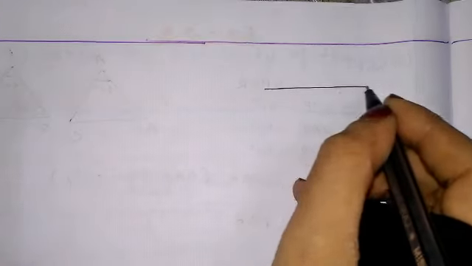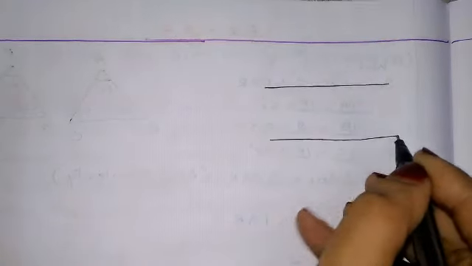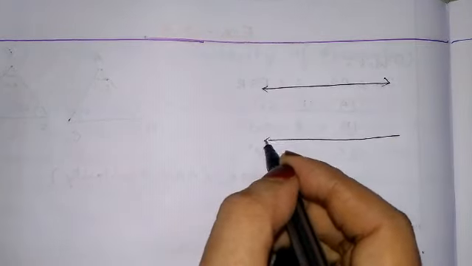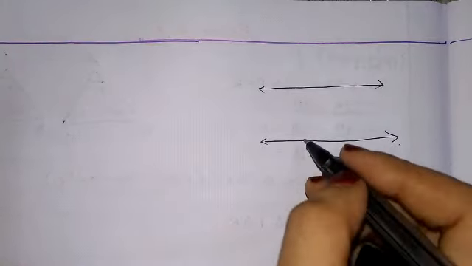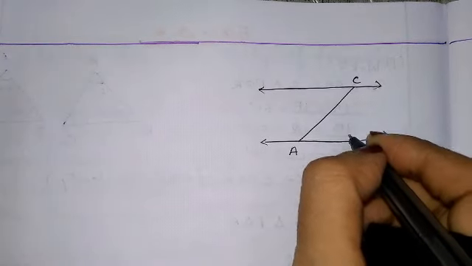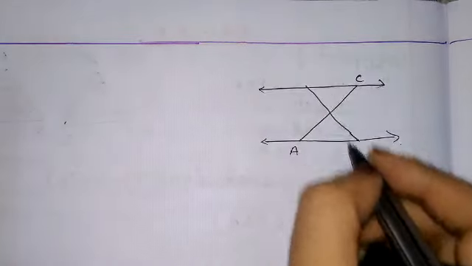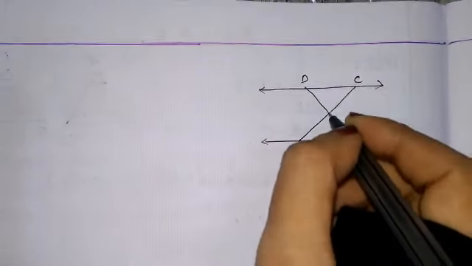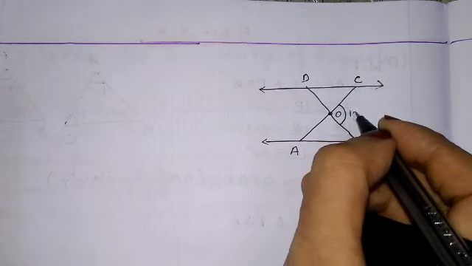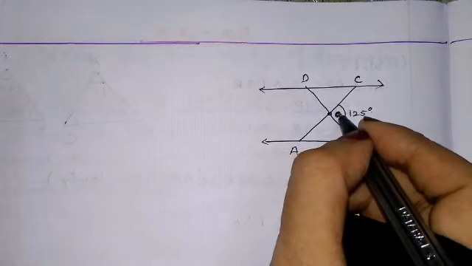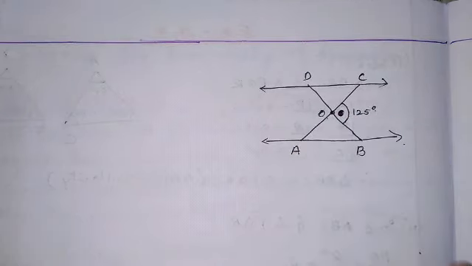Okay, now let me draw the figure so that you people can clearly see what is given. Okay, these are the parallel lines they have given. Okay, and now they have given here some AC, and this side they have given B, D and O. They have given all these things. This is 125 degree they have given. Okay, this O is mentioned this side. Okay, so you can see in the textbook too.